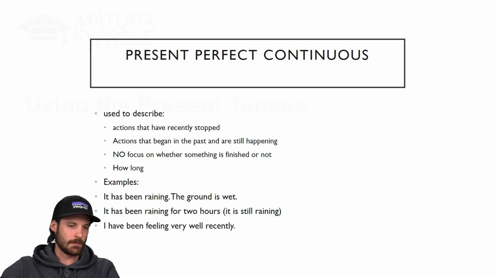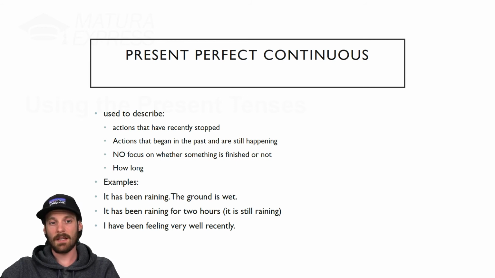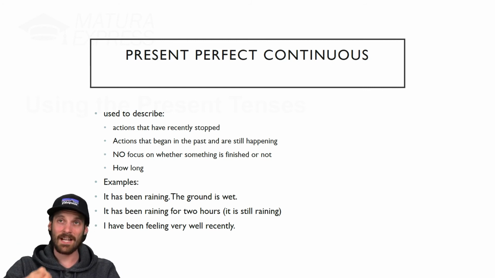So let's talk about those examples. It has been raining, the ground is wet. So there is a present result, or something just recently stopped. Of course, the ground can be wet for hours if it has rained, but it has recently stopped even if it's after an hour. Or it has been raining for 2 hours. So it's still raining. It's the focus on that it has been raining. So the action of raining,